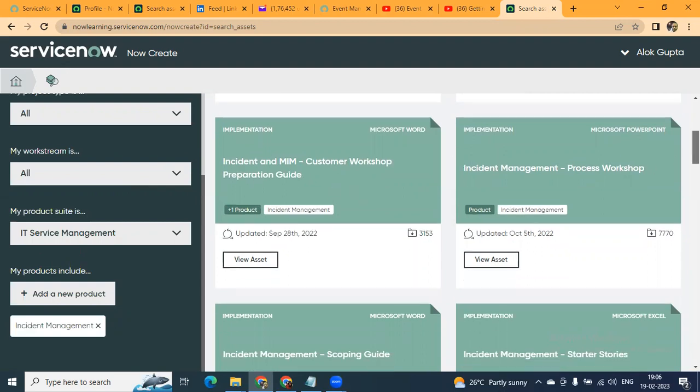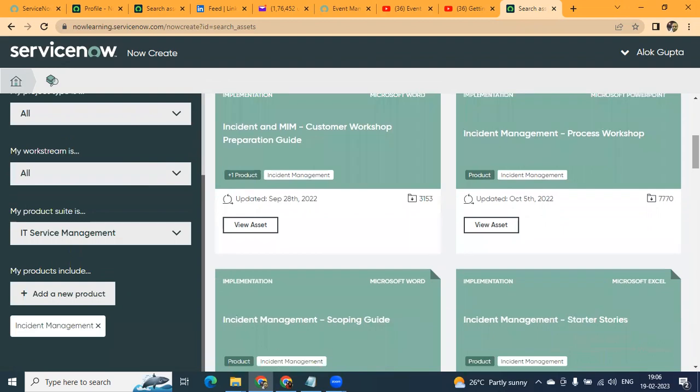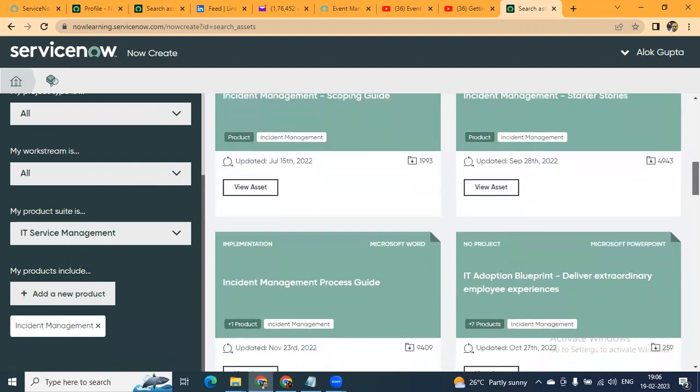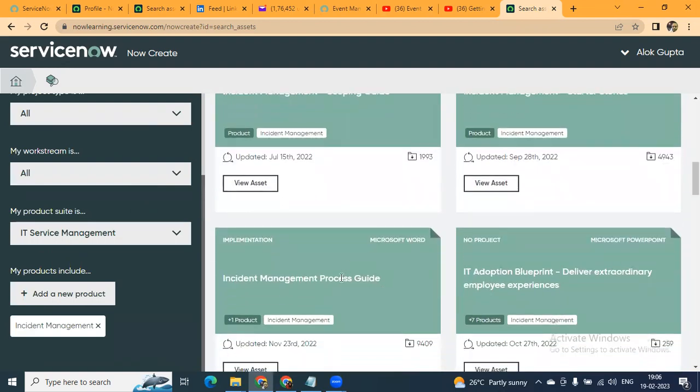And the most important thing for a business process architect or a business analyst is this process workshop, process guide. Now, this is the one I'm talking about. You, as a business process architect or a business process consultant or business analyst, must be expert in this. If this is your bread and butter, and not only from the bread and butter angle, even if you want to learn any module in ServiceNow, then the first thing I would recommend